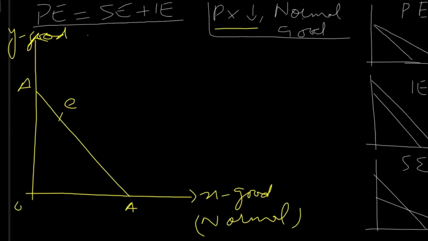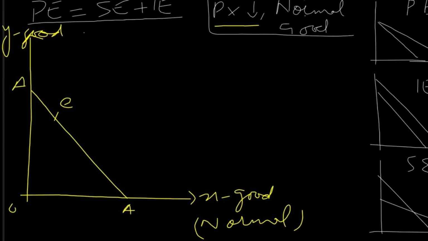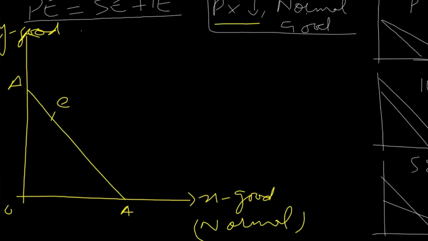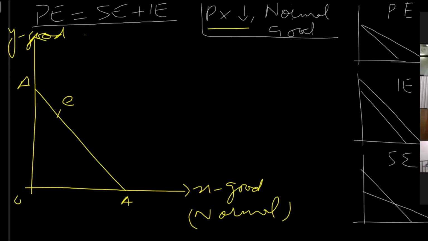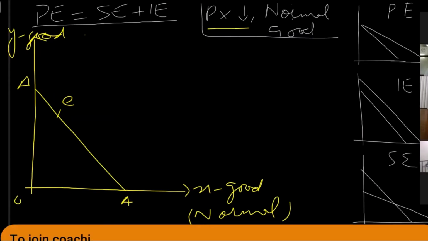Okay, now we are going to prove that in case of a normal good, price effect is equal to substitution effect plus income effect, and we will also prove that the same condition, price effect is equal to substitution effect plus income effect, holds in case of inferior goods as well as in case of Giffen goods. So we have initial budget line AA, and we suppose that initial equilibrium is taking place at point